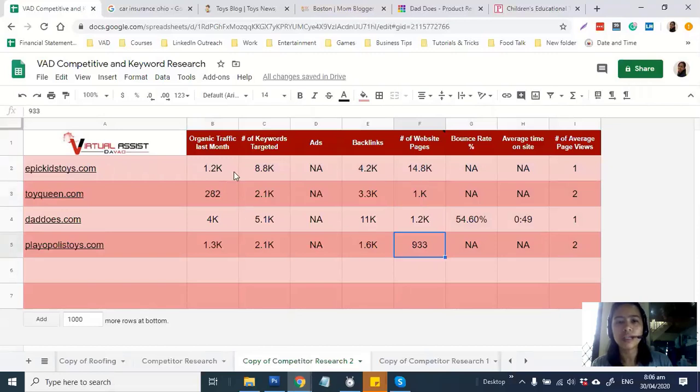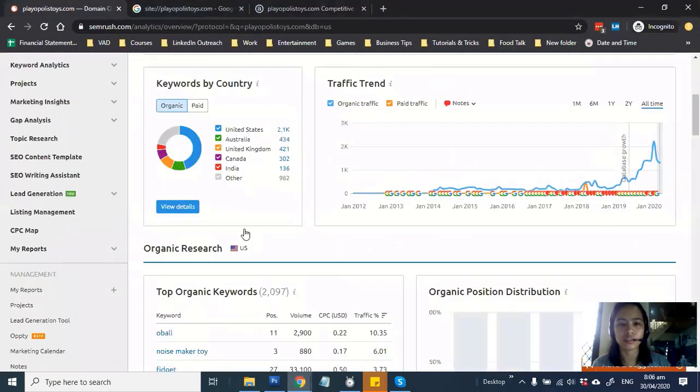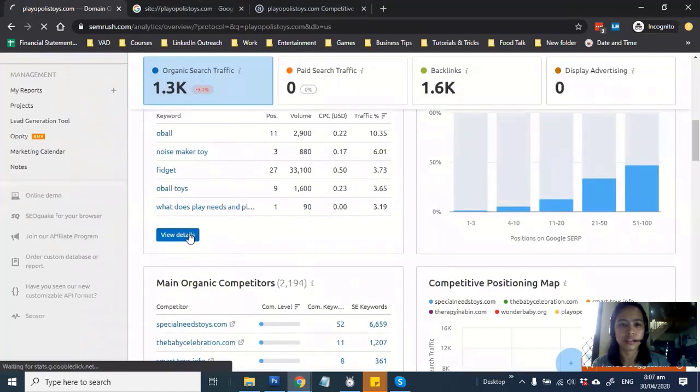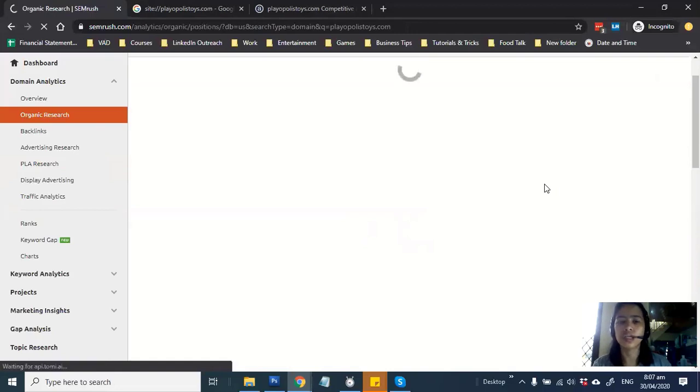So you can definitely look into the keywords that they're targeting. You'll find it here, and let's go back to SEMrush. You'll find it here, and how many, let's click it. So what you can do is go into here, go into your competitions, keywords,